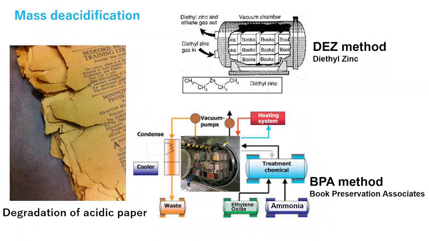In this regard, what the Library of Congress holds as a standard for the deacidification of books is that, first of all, it should completely deacidify the acidic paper. Second, enough alkali should be retained in the paper. And third, the paper should be able to at least triple its life compared to untreated paper. I will explain this later. And finally, the book should not be damaged. Time has passed since the degradation problem of acidic paper emerged, but no method that is considered optimal to satisfy all of these conditions as a mass deacidification treatment has yet been released.